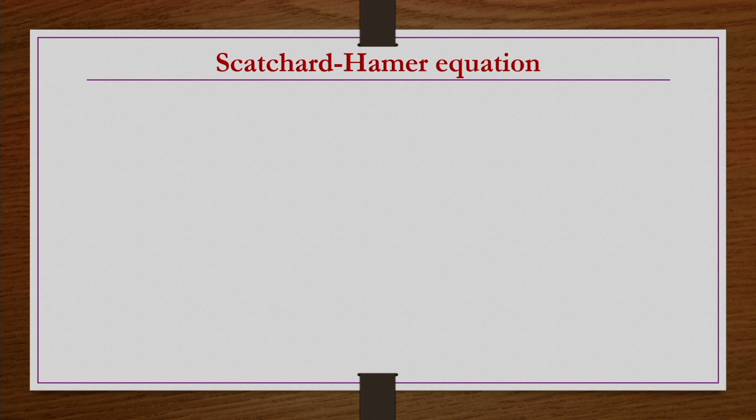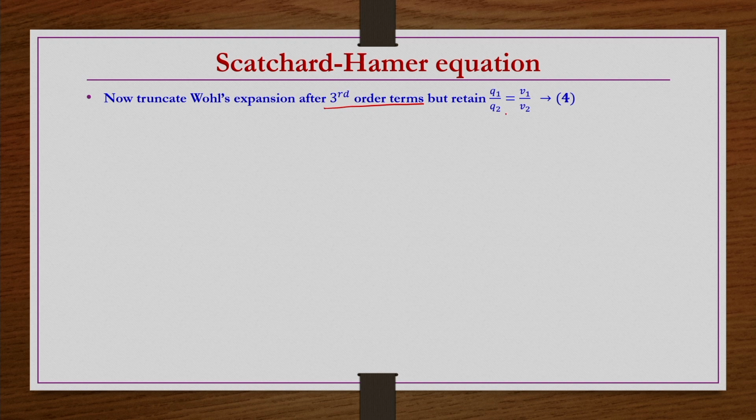Now, we take the Scatchard-Hamer equation. Now, the Ol's expansion, what do we do? We truncate the expansion after third order terms, but we will not be taking q1 equals q2, rather we take q1 by q2 equals V1 by V2. If you compare with the Van Laar equation, what have we taken? We have taken q1 not equal to q2, the same thing we are doing here, and then we discarded terms after the second order terms,